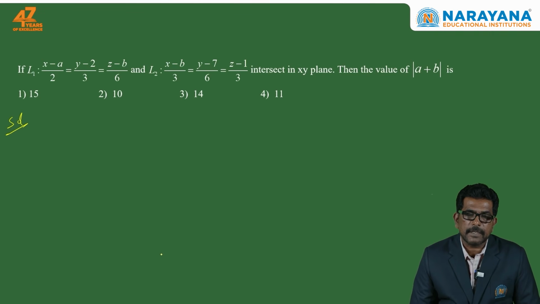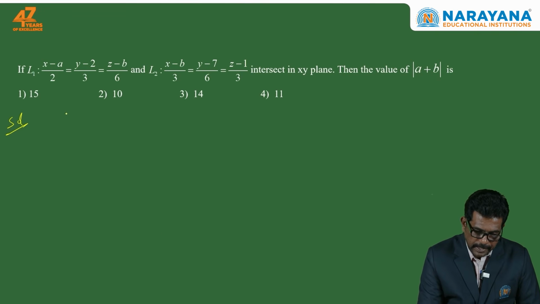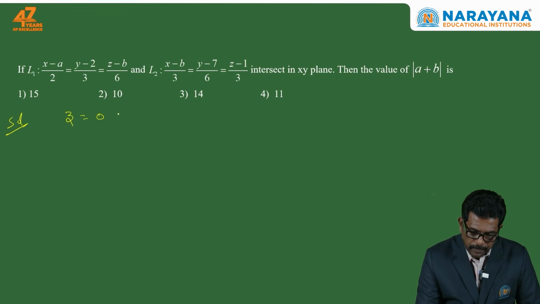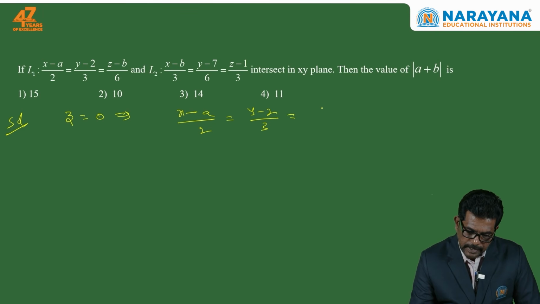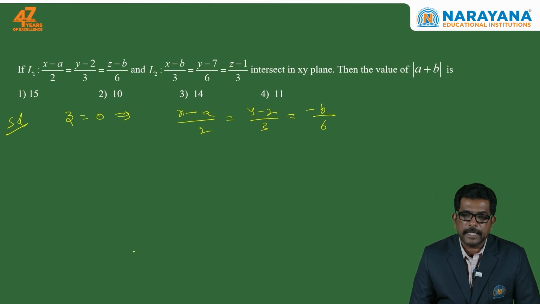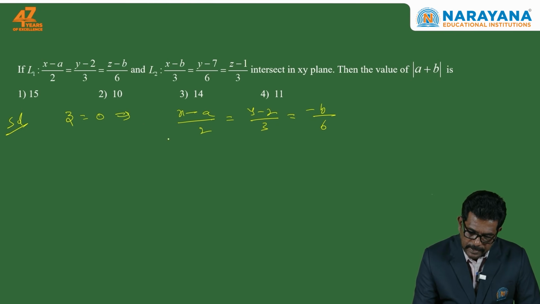The two lines are given, they are intersecting in xy plane. If the lines are intersecting in xy plane, definitely the z coordinate becomes 0. So the first equation becomes x minus a by 2 is equal to y minus 2 by 3 is equal to, by substituting z is equal to 0, minus b by 6, because the xy plane equation is z is equal to 0. That's why if the line lies on xy plane, z coordinate should be 0. Similarly, this is the first line,